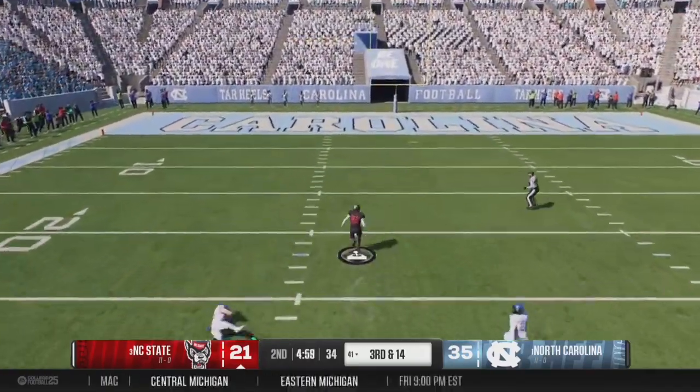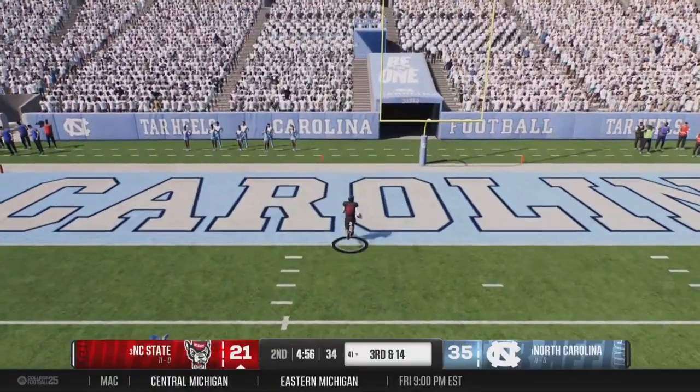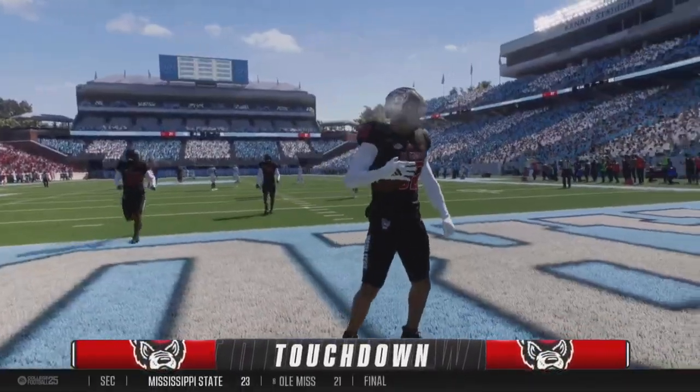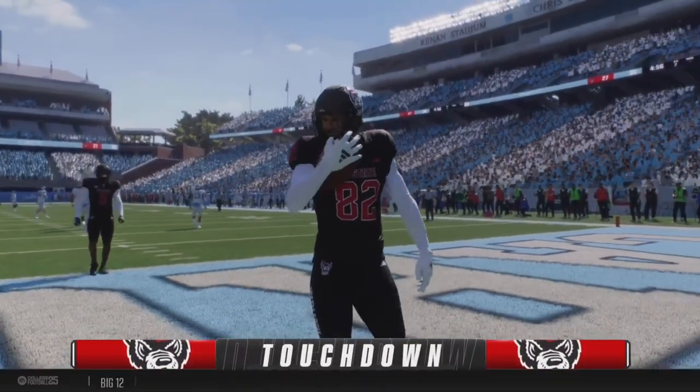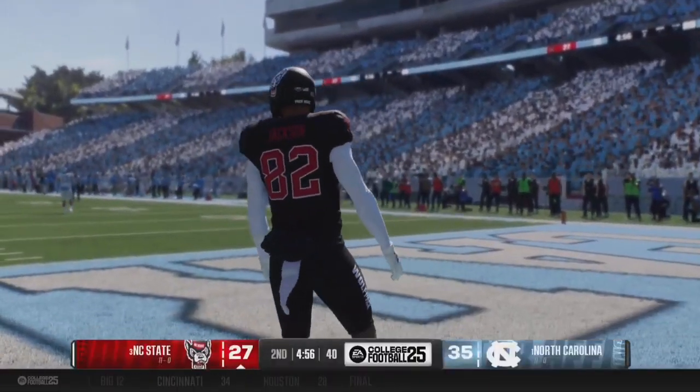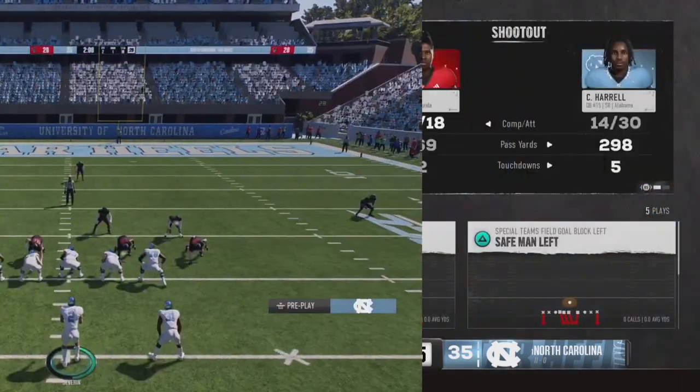And he's got his man open downfield. And he busts loose right down the middle. It's a foot race. They're not going to get him. He's in. Touchdown, NC State. This guy can do it all. We've seen him go behind coverage and make...